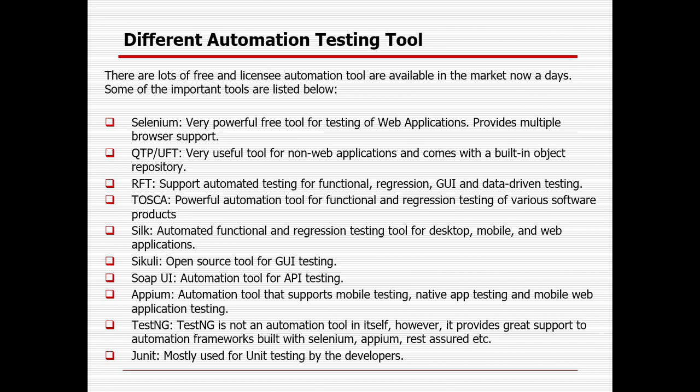There are multiple tools available in the market for automation. A few are licensed, a few are free tools. Selenium, and TestNG, I think, are all free tools. TestNG is generally a framework. JUnit is primarily used by developers, whereas TestNG is used by testers. UFT, RFT, Tosca and Silk are licensed tools, where you have to go for licensing. Some are UI based, some for web based applications, some for client server applications, some for Windows based applications, and some for mobile testing. I have tried to give everything in my PPT. You can go through the PPT once more to get more inputs.